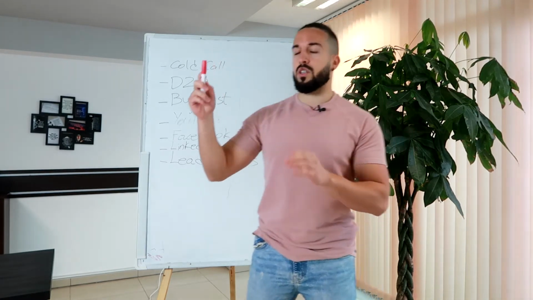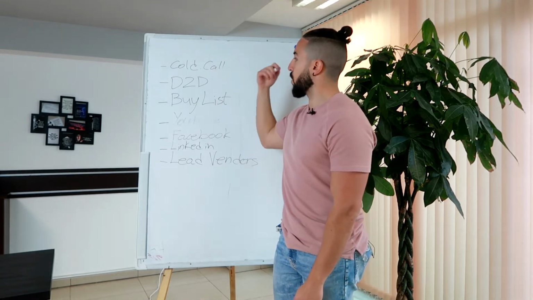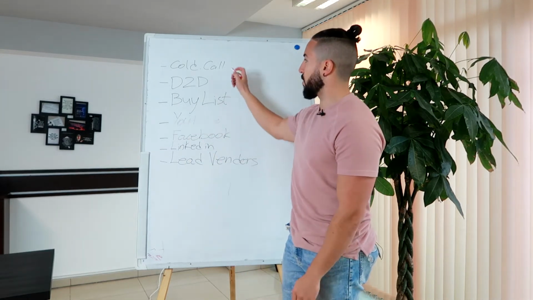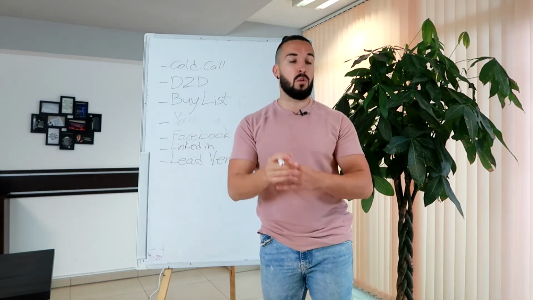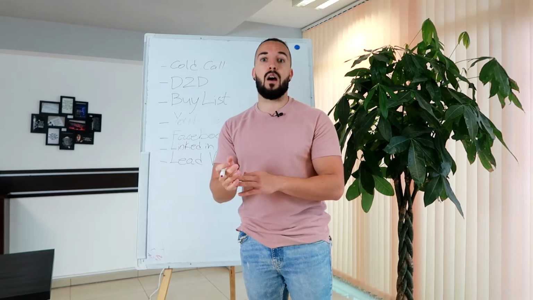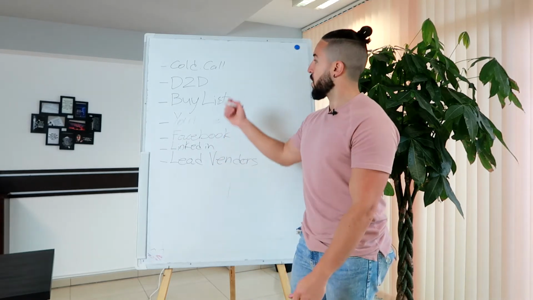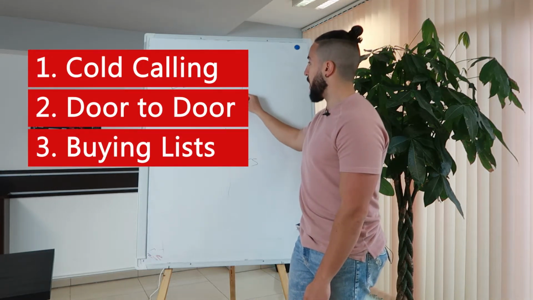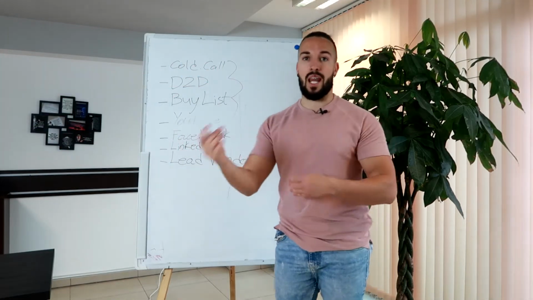But I want to start off by saying that the first three ways, the first one is cold call, right? You could be cold calling to actually generate leads and appointments for yourself, right? You could do that by buying lists. So the first three are pretty much if you're starting out on a budget or you're brand new to the industry, you want to learn more about how to pitch and how to set appointments the right way. So cold calling, door to door, and buying a list, I would combine the three, you could start simultaneously,